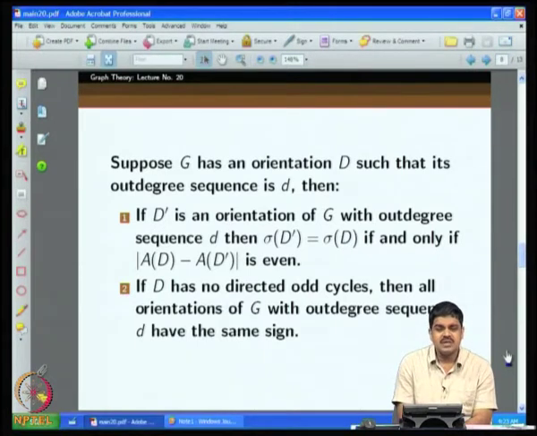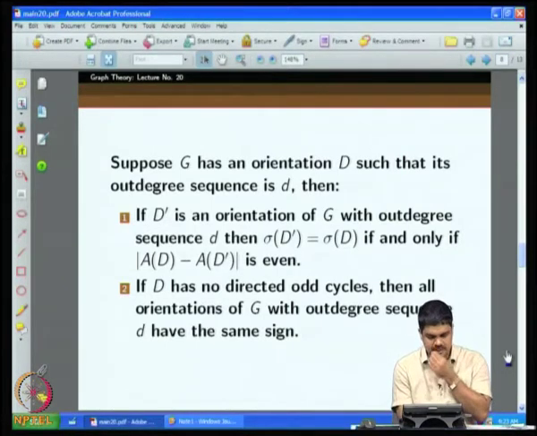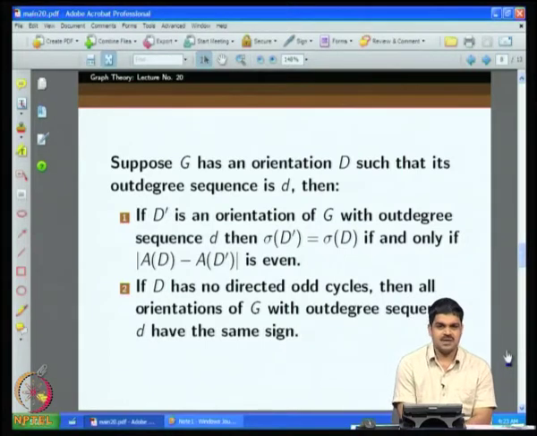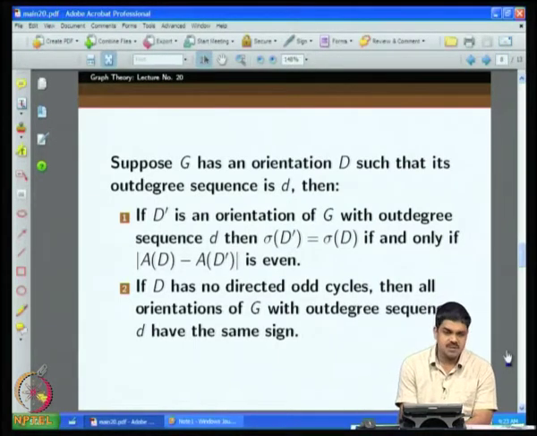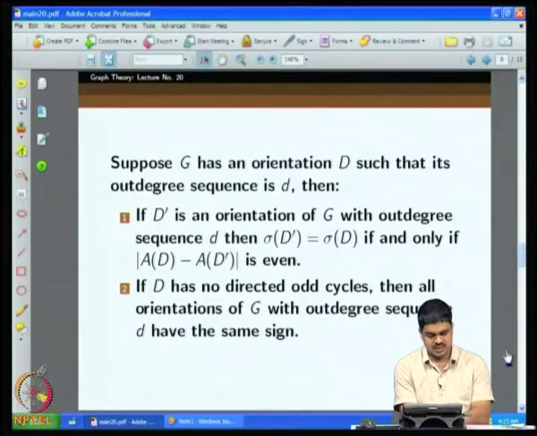There are some common edges between the two of them, but because the total number of directed edges is the same, either you consider AD minus AD bar or AD bar minus AD, it is going to be the same value. So, if this is an even thing, then